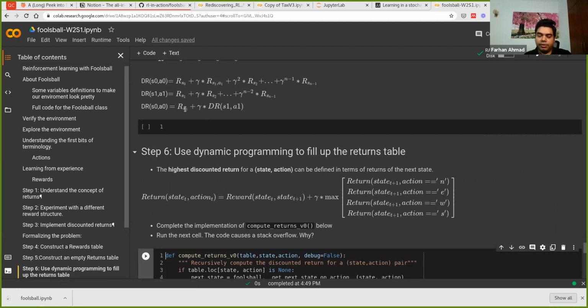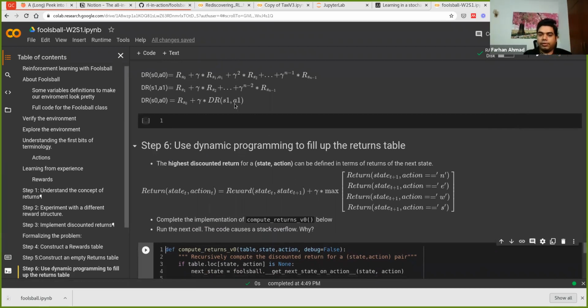Now there's a difference of notation. The reward depends on S0 and S1 both, so it's actually a function of state T and state T plus 1. But this is the reward part. Then you have the gamma, which is the discount factor. But now, because we don't know which action will be followed, all the possibilities are open. From state 1 we want to find the return for this specific state and action,